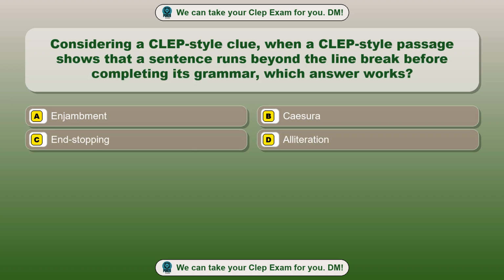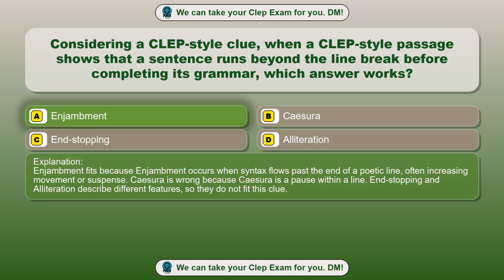Question 11. Considering a CLEP-style clue, when a CLEP-style passage shows that a sentence runs beyond the line break before completing its grammar, which answer works? Option A. Enjambment. Option B. Caesura. Option C. End stopping. Option D. Alliteration. The correct answer is option A. Enjambment. Enjambment fits because enjambment occurs when syntax flows past the end of a poetic line, often increasing movement or